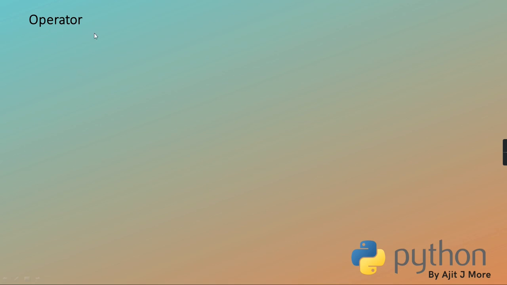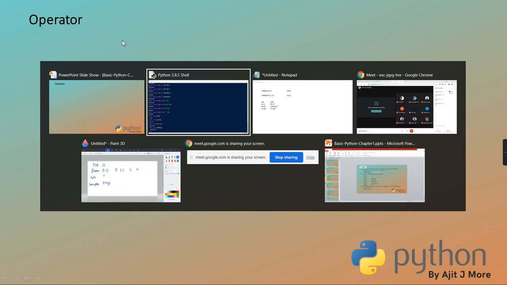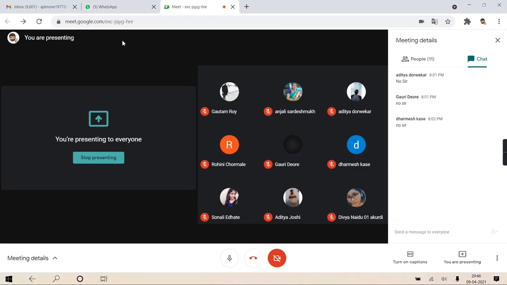Once the operators are clear, then I'll make 1 or 2 simple exercises. We will solve them, then I'll give you some exercises to solve. Then we can move on to chapter 2. Okay? So let's proceed with operators. Yes or no, all of you? Just quick confirmation. Yes, sir. Yes, sir. Okay.